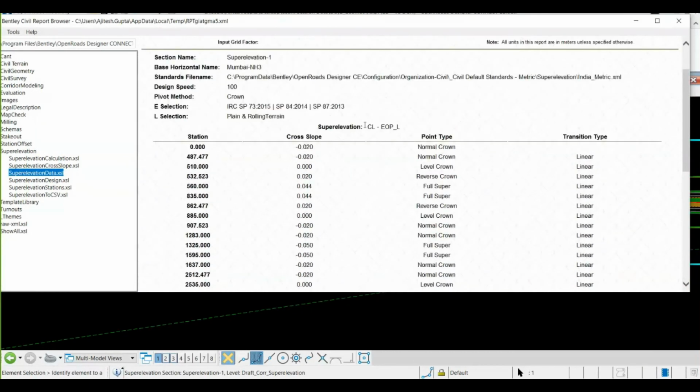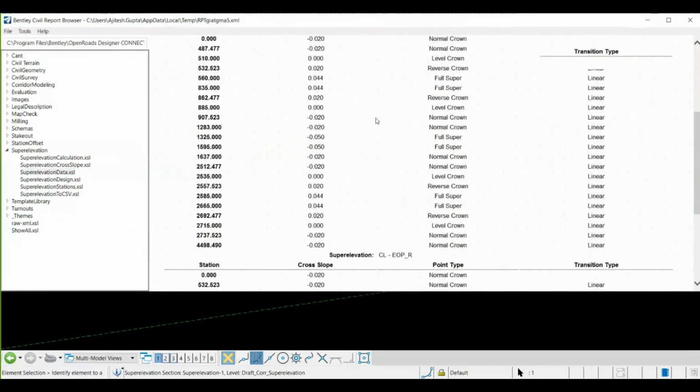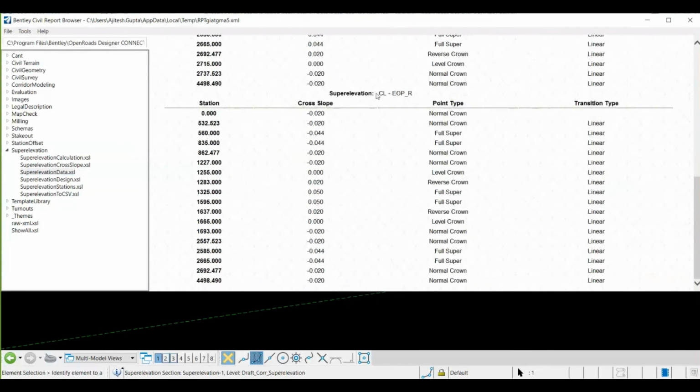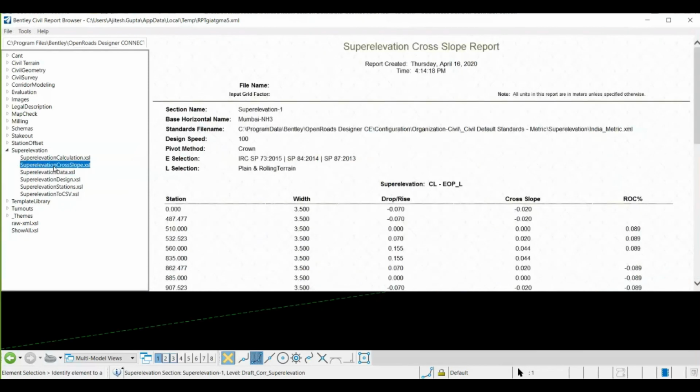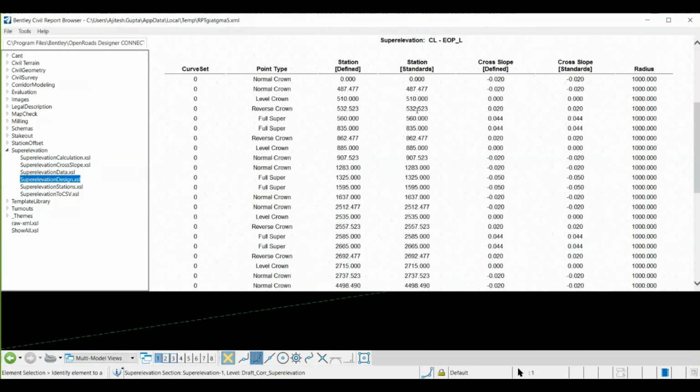And there was one question as well: how to import CSV. So you can see Super Elevation to CSV. Through that format you can see how a CSV should be created. Lane wise, you are going to get this report, and there are different formats also available on the left hand panel.